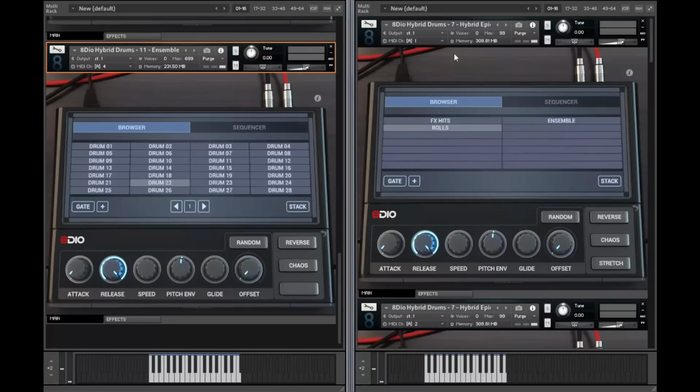So, you probably get the idea of what you can do here. And again, there's 50 different kits here, and there's a lot you can do with them. If we just take this patch here again, you can actually use the pitch envelope and do things like...